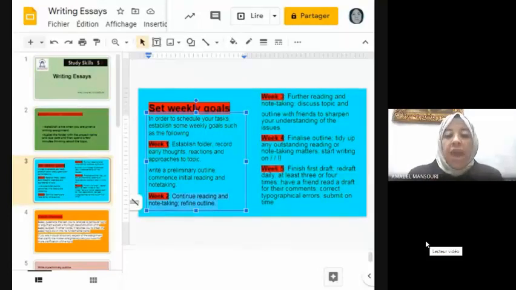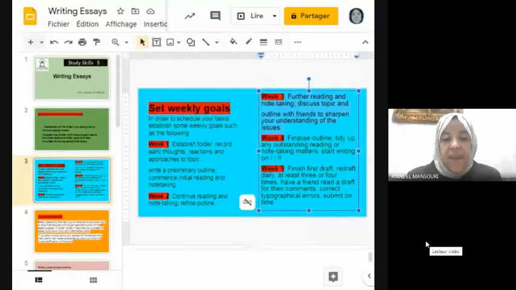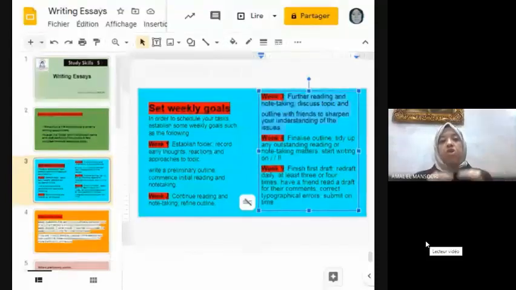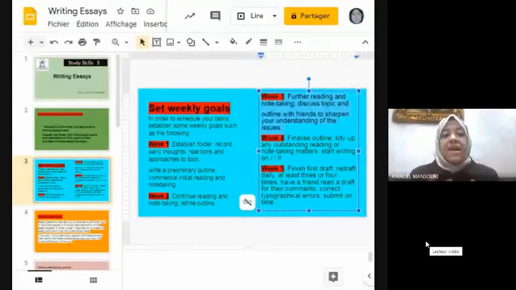Week number 3, further reading and note-taking. Discuss the topic and outline with friends to sharpen your understanding of the issues. So here at this stage, after finishing the reading and the note-taking, you should discuss your outline with your friends, with your classmates.